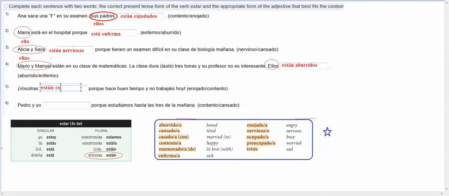I've got contento, but it's vosotras, which is you all and you all girls. So I'm going to make it feminine and plural. Estáis contentas. Pedro y yo, porque estudiamos hasta las 3 de la mañana. If you studied until 3 in the morning, are you happy or tired? Probably tired. So I'm going to put estar. Okay, now if it's Pedro y yo, that's the same thing as saying we. We is nosotros, so it should be estamos